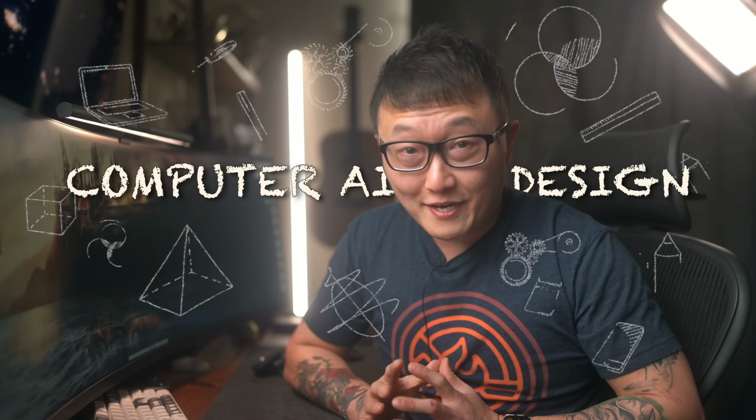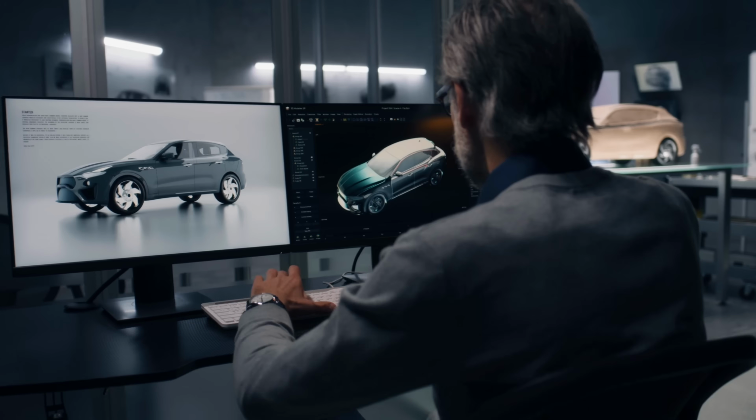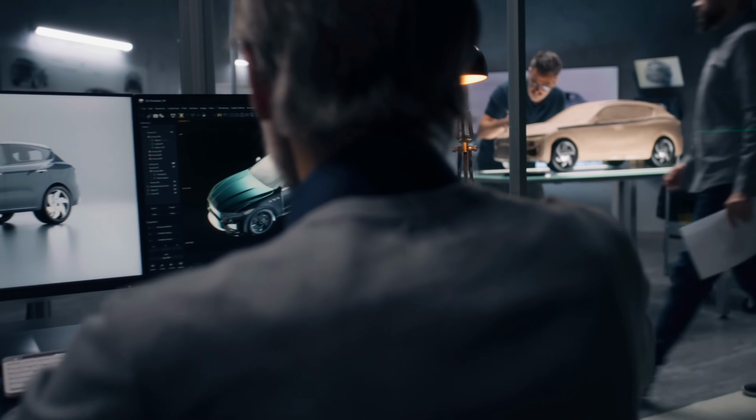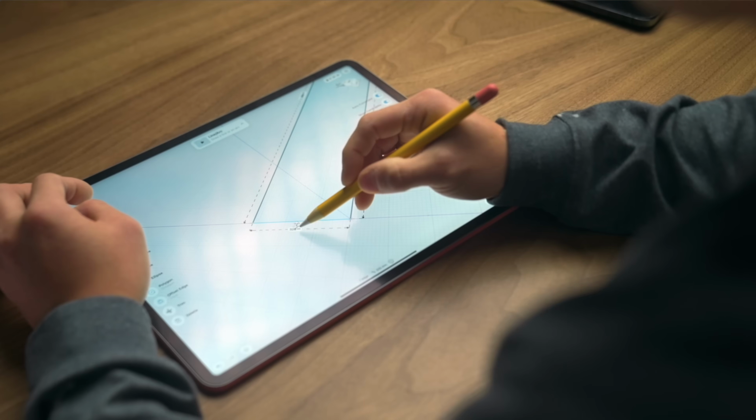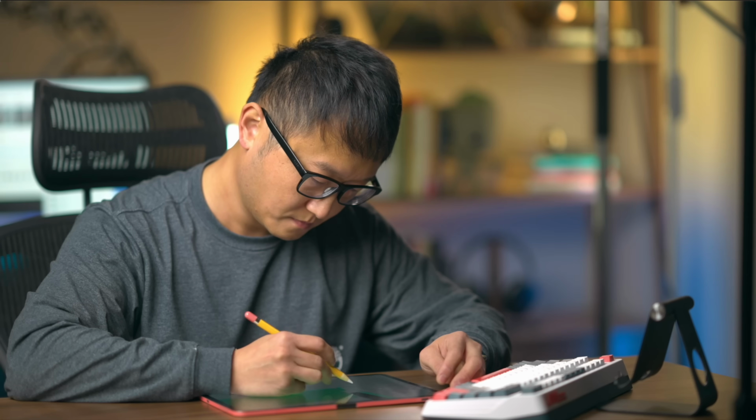When most people hear computer-aided design or CAD, they imagine engineers or architects with years of experience designing cars and skyscrapers. But apart from what you might have heard, it actually doesn't have to be complicated. The basics are actually quite simple, and once you get them down, you'll be able to model pretty much anything